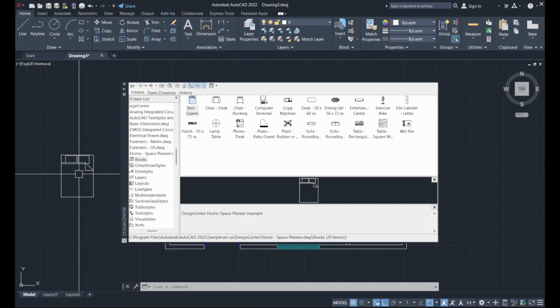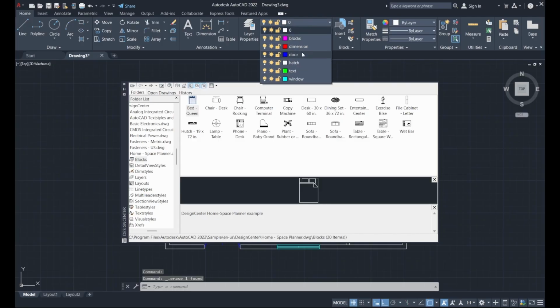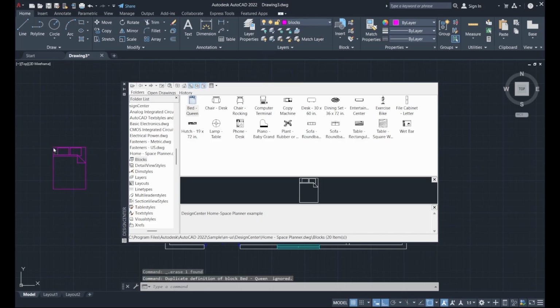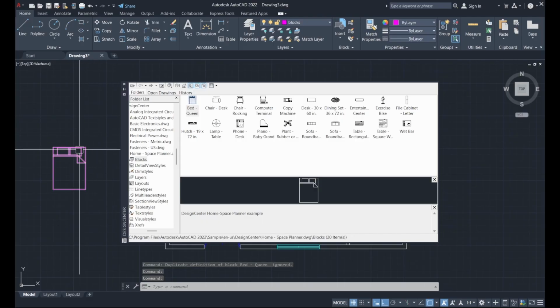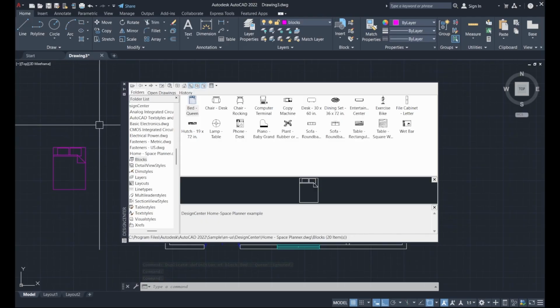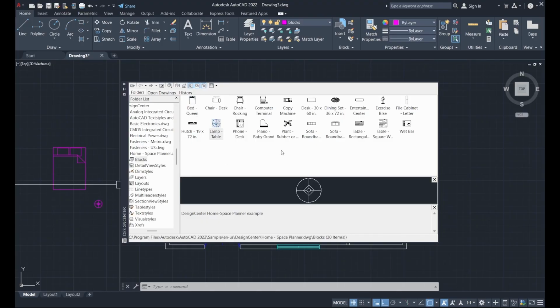Oh, but I realized that my blocks are getting uploaded in my drawing in the wall layer. So I'm going to just select it and delete. And before that, I'm going to go and shift my layer to blocks. There. Now I'm going to do the same thing again. As you can see, the block has come in my drawing in the respective layer. And I'm going to select some others as well. This is a lamp, a plant,